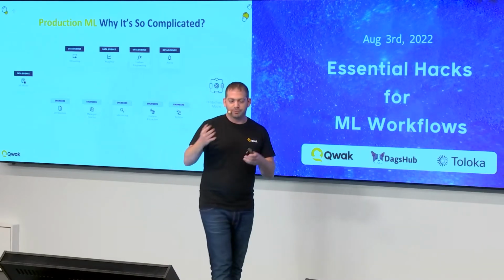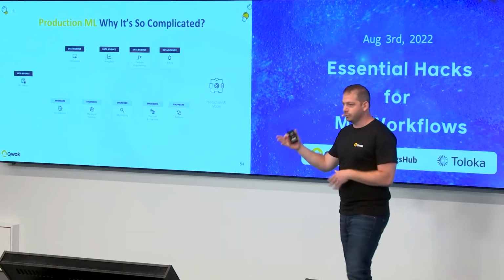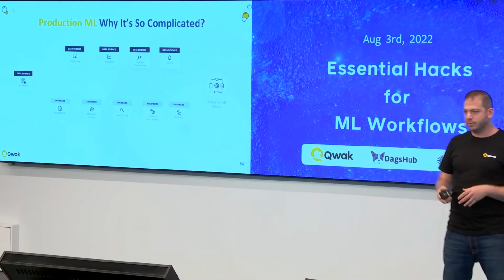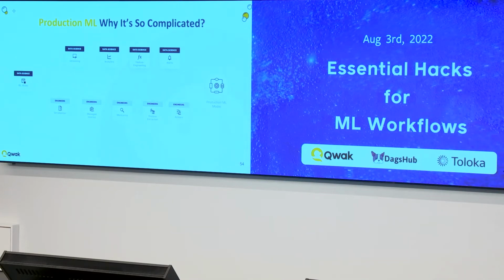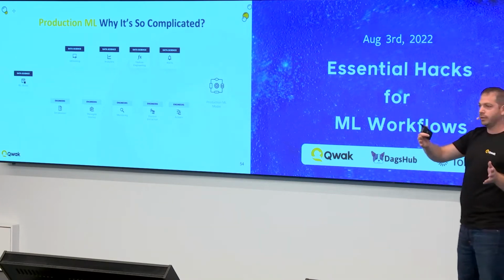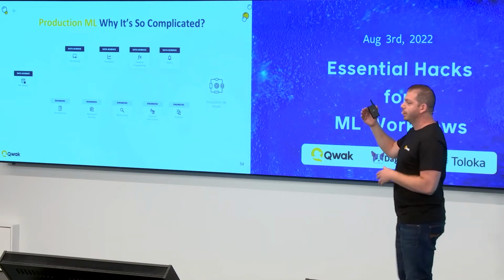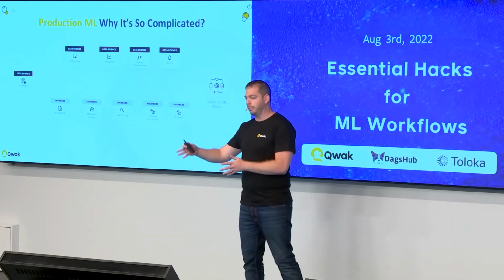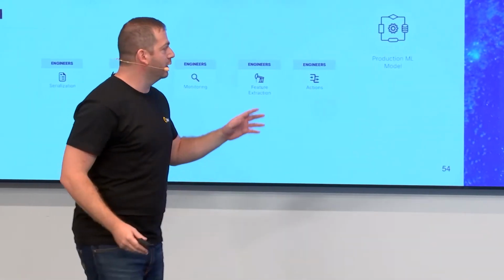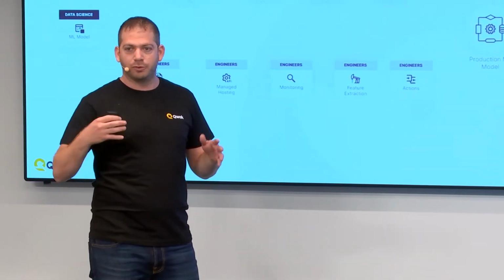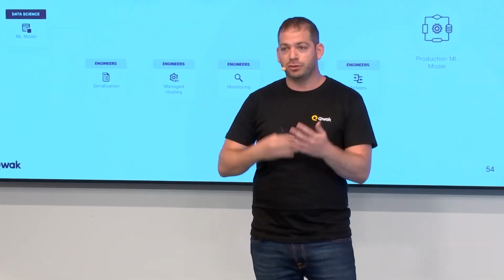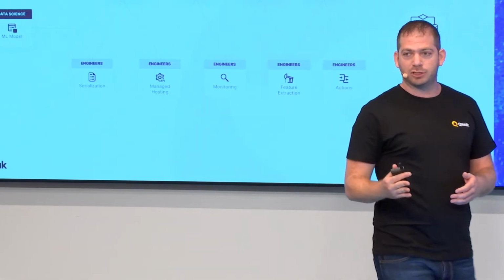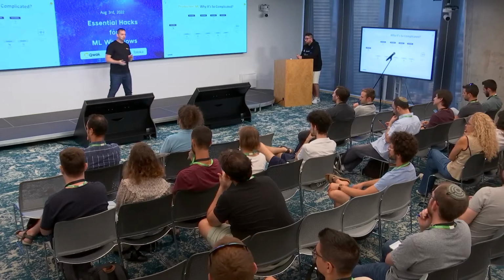I didn't talk about it, but before Qwak, I was an ML specialist at Amazon Web Services, and before that, I was the CTO of Mamram, the IT department of the IDF. So I've seen it, at AWS for example, many cases of companies struggling to deliver models to production. And what I'm trying to aim for in this session and what we're doing at Qwak is helping companies to eventually achieve that in a faster way and streamline a process that allows the data scientists to iterate faster, to build directly to production. And this is the topic that I'm going to talk about today.